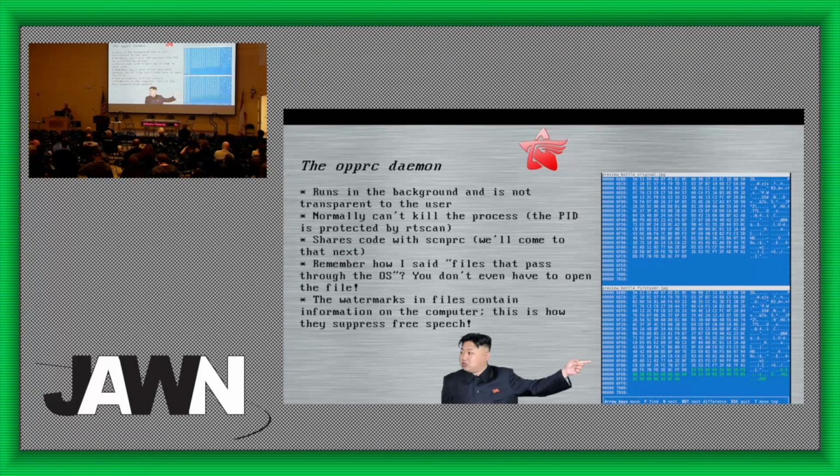So watermarks in files contain information on the computer, namely the serial number of the drive and the computer itself. And this is how they suppress free speech: they're tracing files by looking at the serial number on each piece of data, and they can see where contraband has gone to. This is how they try to stamp out SneakerNet in North Korea, by watermarking these files so they can trace